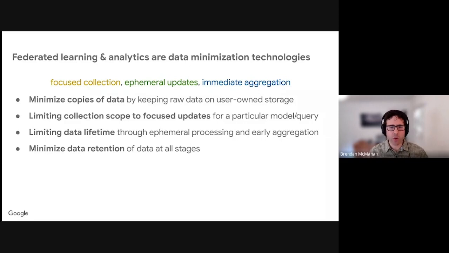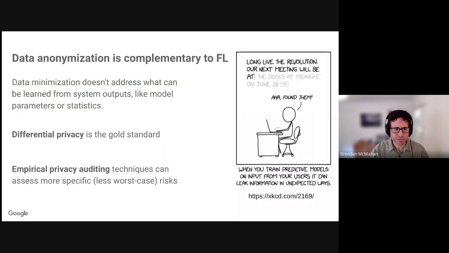And so I think it's fairly easy to imagine a variety of threat models for which these data minimization strategies would help mitigate privacy risks. Data anonymization is really complementary to FL. Data minimization doesn't address what can be learned from the actual outputs of the system, like the model parameters or